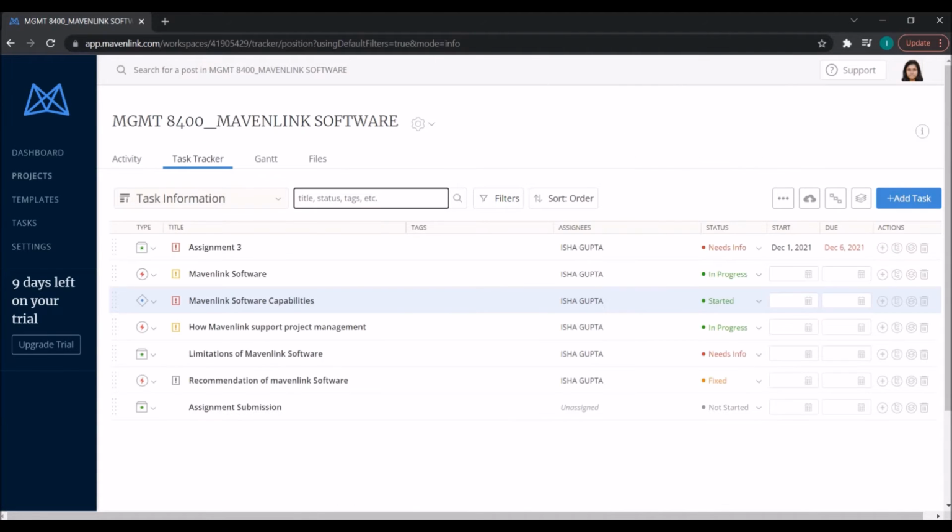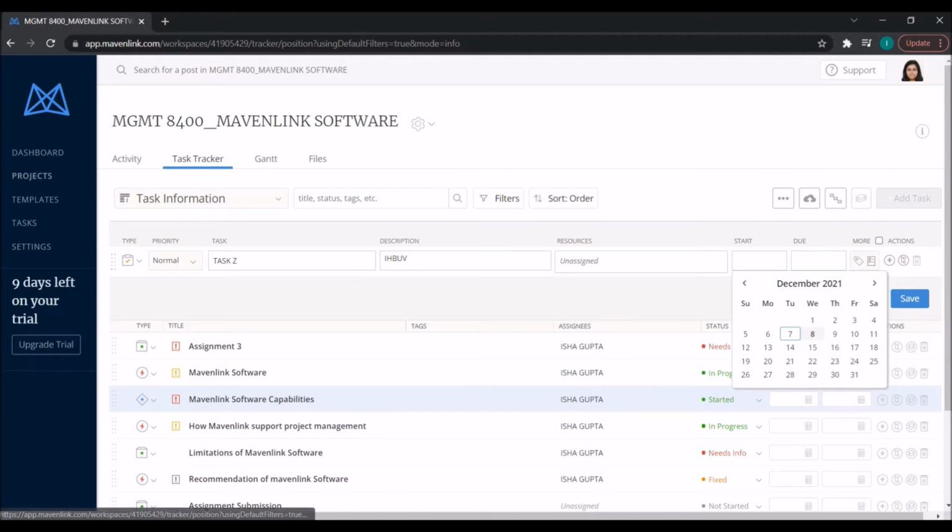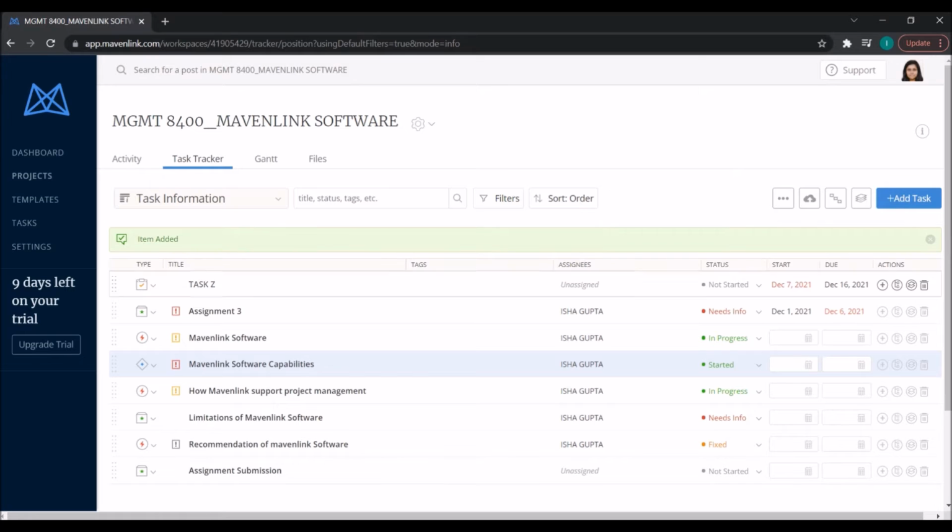So I went to task tracker, clicked on add task, and named it task Z, and in the description I put something unassigned, and I entered some start and end dates and hit save. So task Z has been added to the list of tasks. This is how we can add tasks.